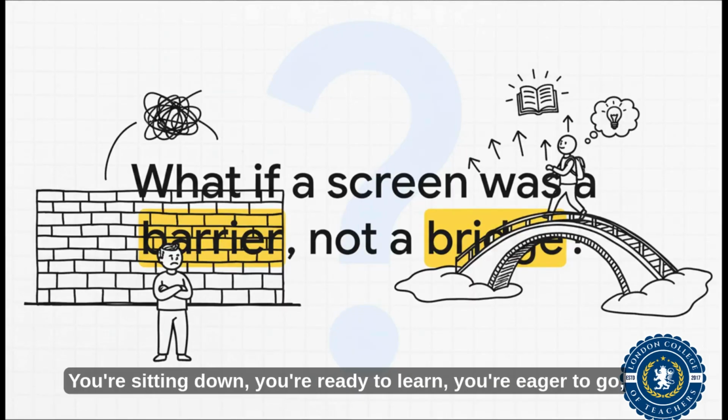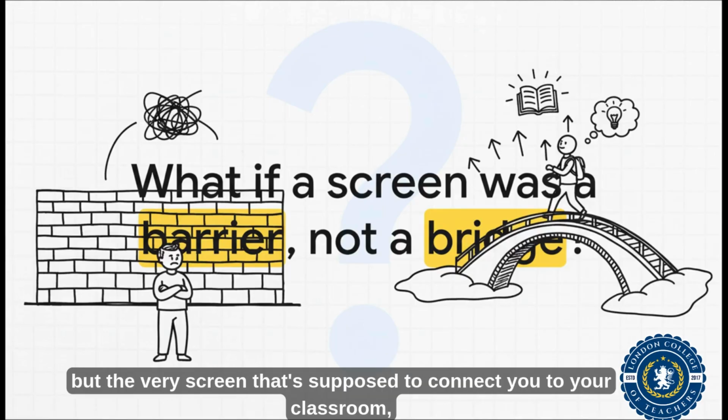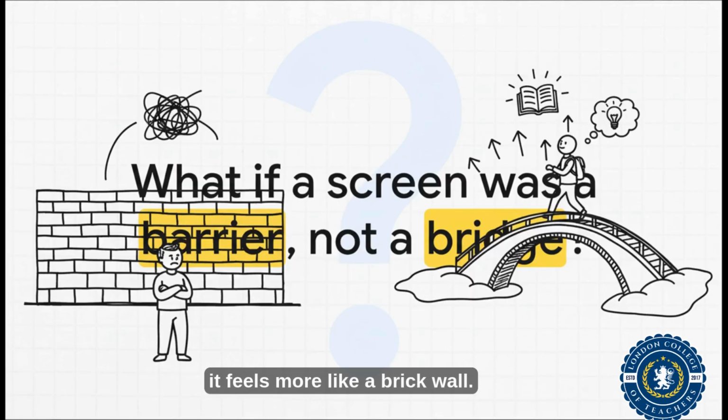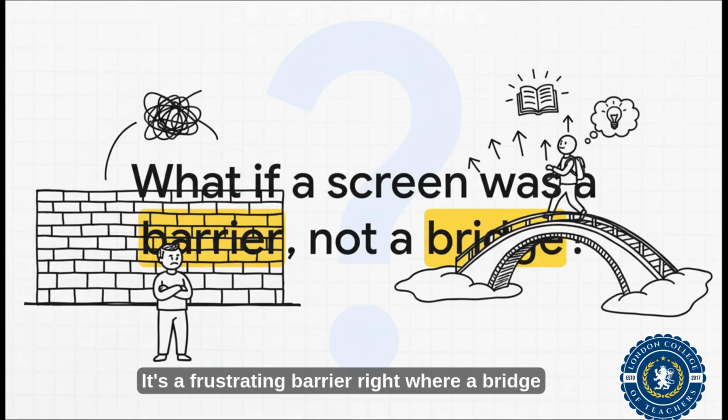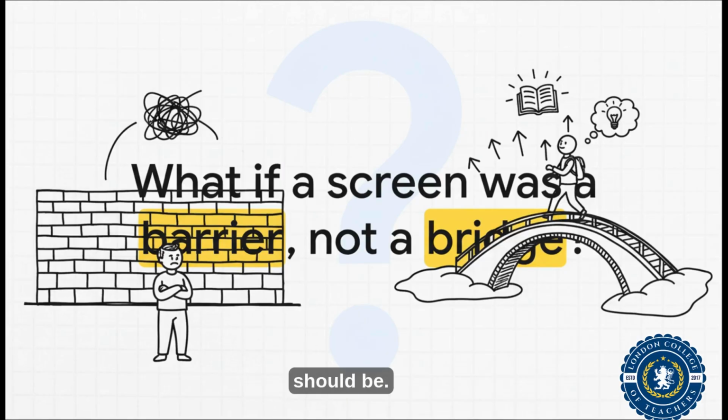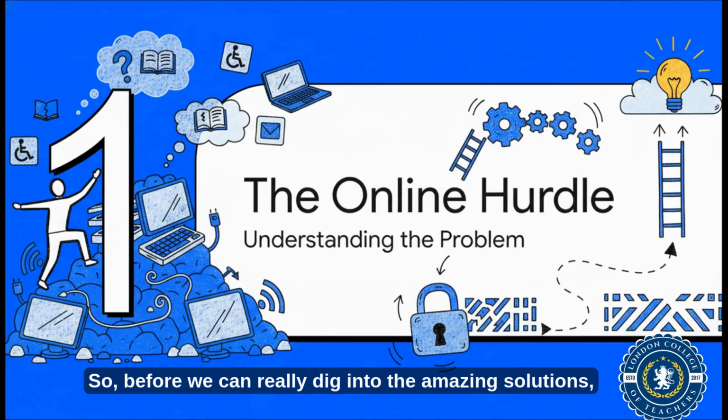You're sitting down, you're ready to learn, you're eager to go, but the very screen that's supposed to connect you to your classroom feels more like a brick wall. Well, for so many students with disabilities, that's their reality every single day. It's a frustrating barrier right where a bridge should be. So, before we can really dig into the amazing solutions, we first have to get a handle on the problem